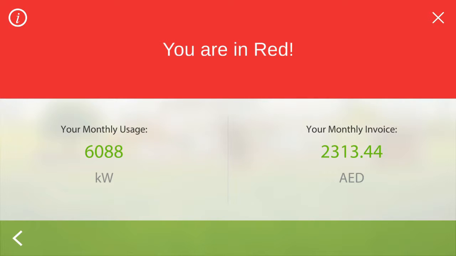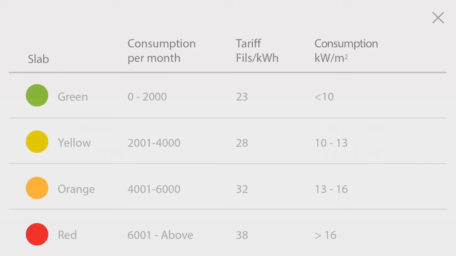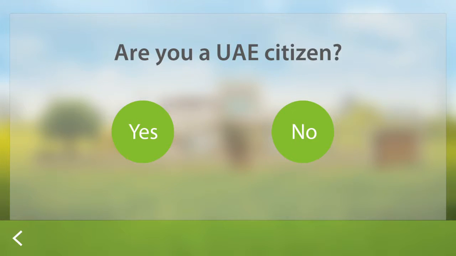You're in red. Now, that would mean. Oh, ouch, that costs a lot of money. That would mean that, well, yeah, it's a lot of consumption, right? So that's really, really bad. If we can do this again,